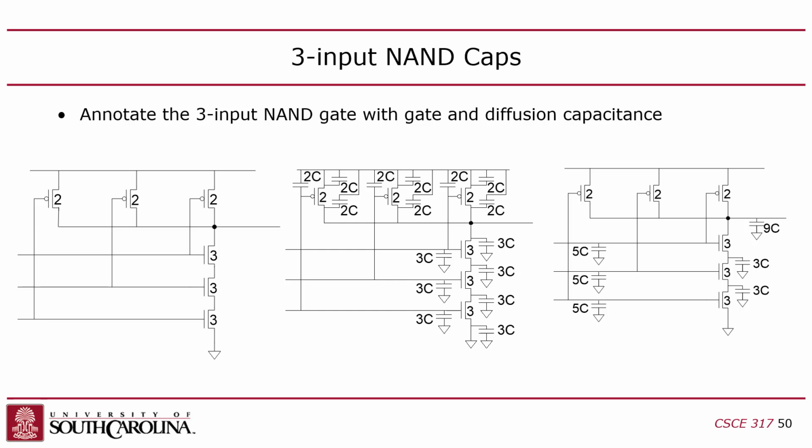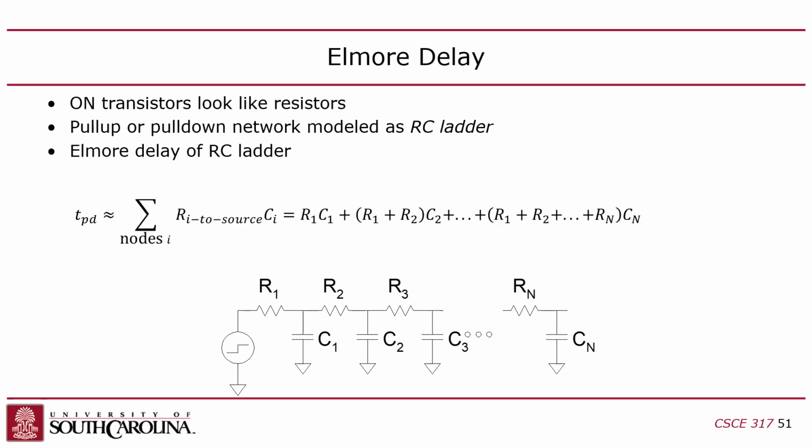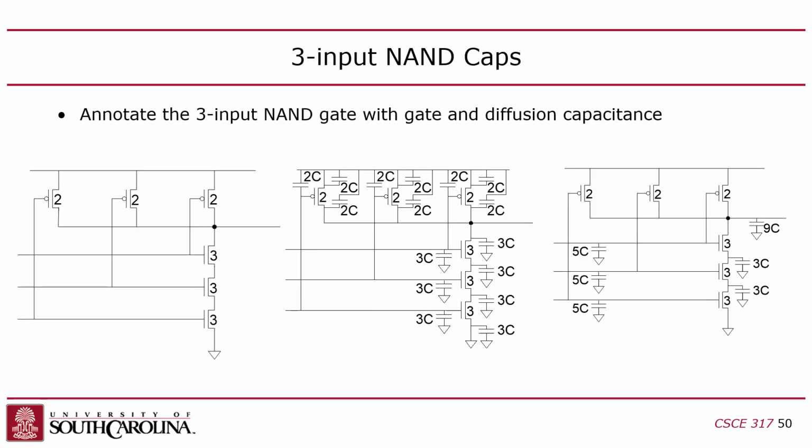Okay, so the other thing you have to consider is that when you calculate an RC delay, it's assumed that you have a resistor and capacitor in series, right? In other words, you have a capacitor that you want to charge or discharge through a resistor, right? That's the RC delay. The problem is that this circuit is no longer that straightforward anymore because now you have